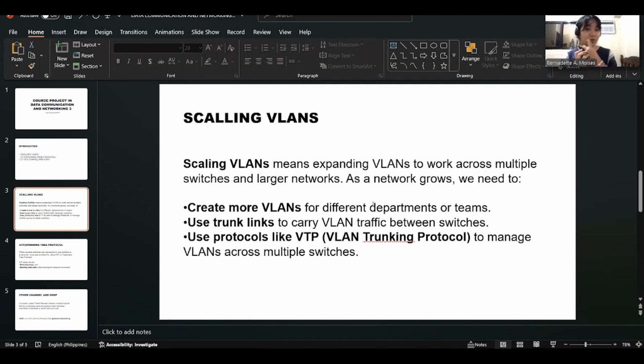As a network grows, we need to create more VLANs for different departments or teams, use trunk links to carry VLAN traffic between switches, and use protocols like VTP, or the VLAN Trunking Protocol, to manage VLANs across multiple switches. So this lowers broadcast traffic and boosts performance while maintaining the network's organization, security, and scalability. Using subnetting to provide each VLAN its own IP range, trunking links between switches, and VTP to automatically share VLAN information,